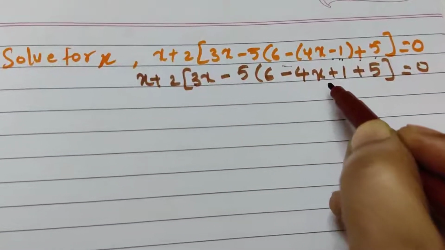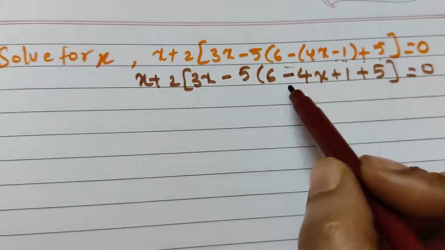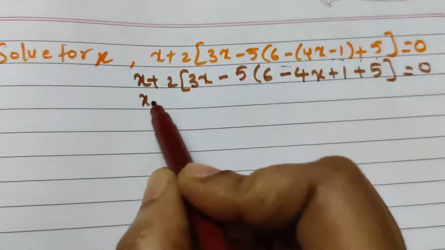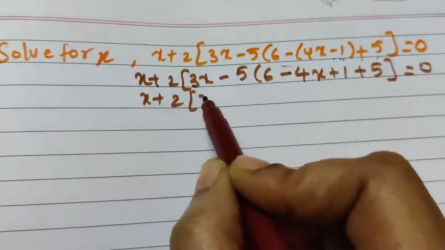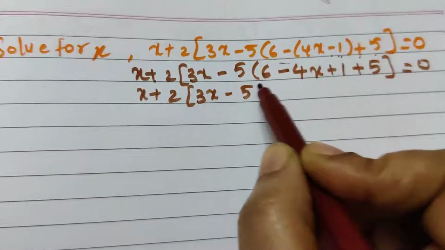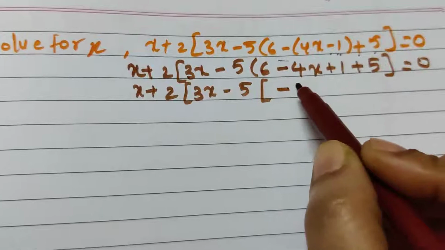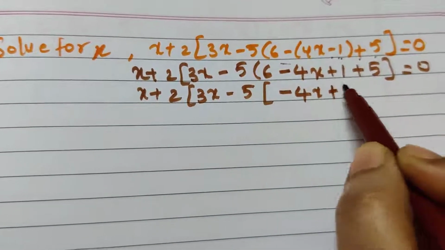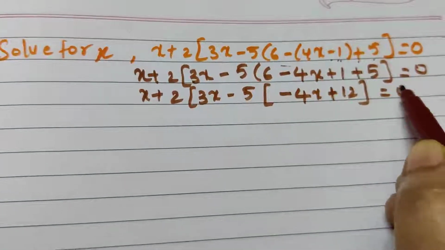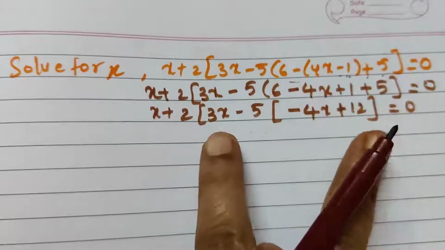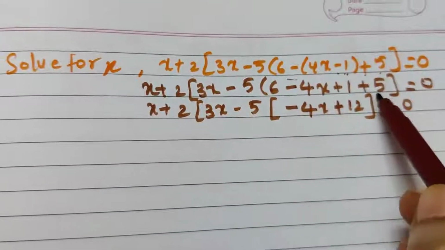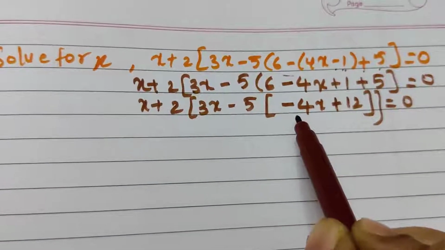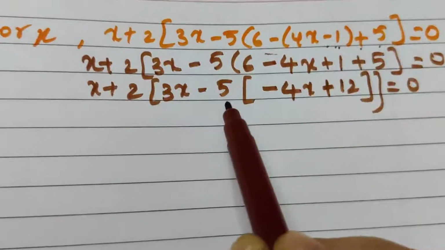One bracket is resolved. Okay, in the next step, see the constants over here. We'll just add this. So as it is, again this will be same, x plus 2, 3x minus 5. See here, x terms only minus 4x, 5 plus 1 is 6, 6 plus 6 is 12, is equal to 0. Now this is resolved. Now these many brackets are here. Okay, so here the next deepest bracket is this one, right? So solve this, 5 into this one.